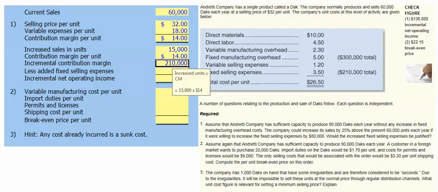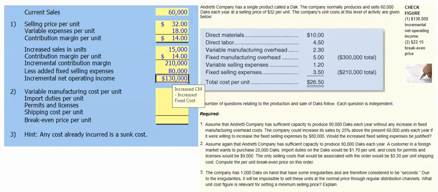In order to generate this 25% increase in sales, we were told we would need to increase our fixed selling expenses by $80,000. Thus, the incremental increase in our net operating income would be $130,000. In question number 2, again an independent question, we're asked to assume that Andretti has sufficient capacity to produce,